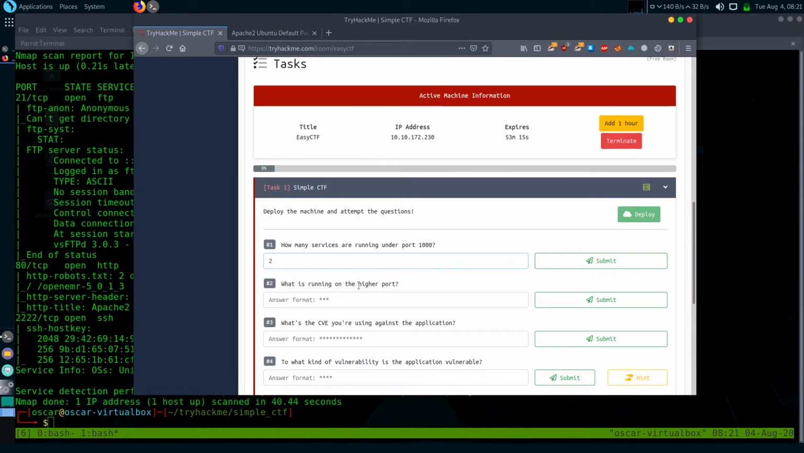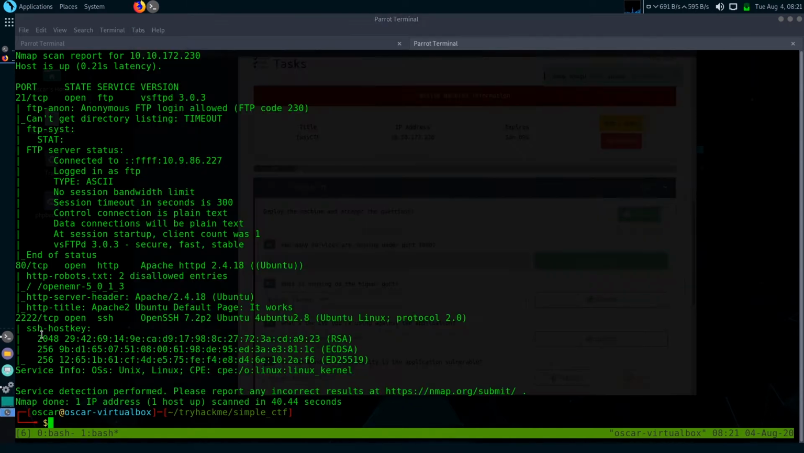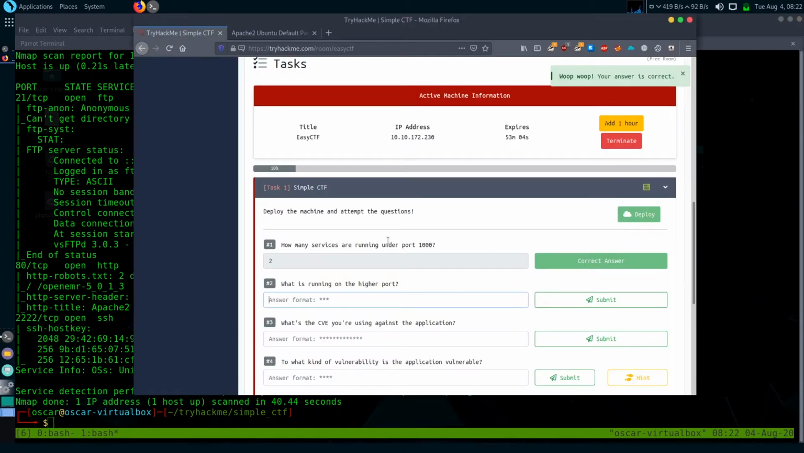So let's see what is running on the higher port. On port 2222 it is SSH. The next question: what is the CVE you are using against the application? Okay, that means